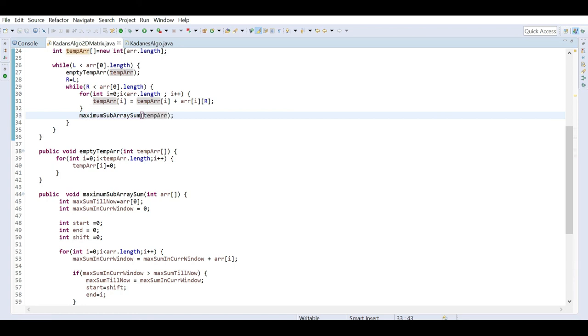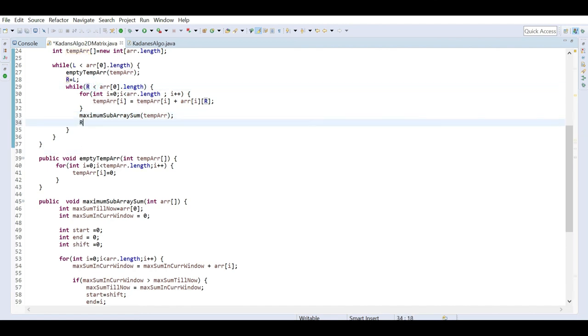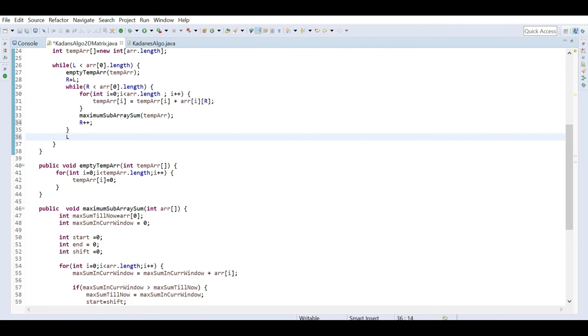This R you have to increase after every iteration, that will be R plus plus, and where this loop is ending, there we have to do L plus plus. Okay, so now the program is already done.